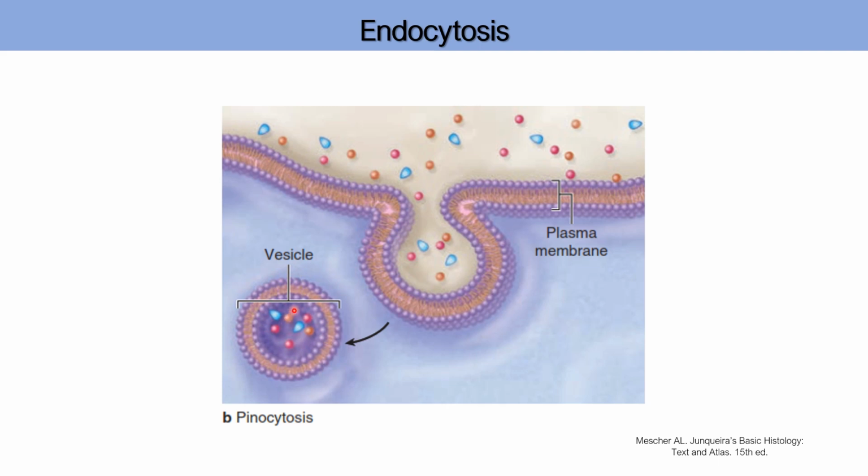Next, this vesicle can go through one of two mechanisms. The first mechanism is fusion with a lysosome and undergoing lysosomal degradation. The other mechanism is that they can move to the opposite cell surface and fuse with the cell membrane at that site and release their content out of the cells. This is called transcytosis.